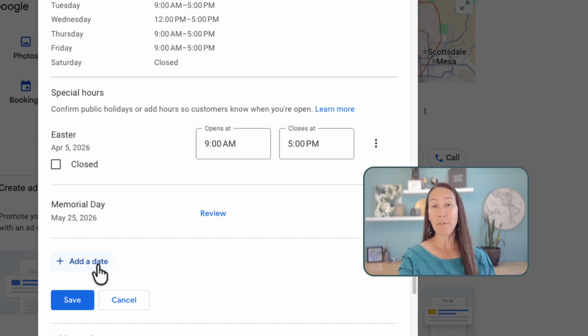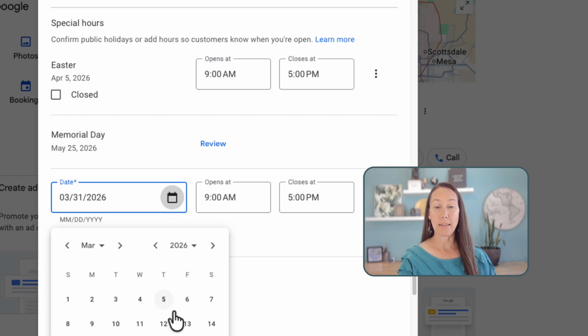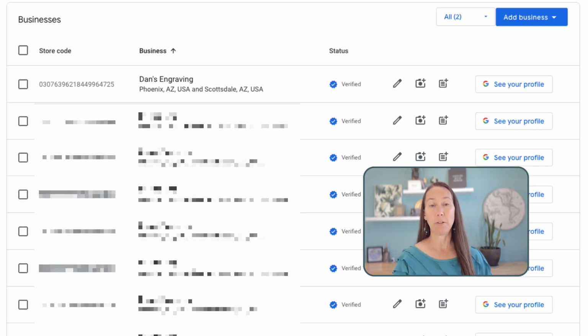Now, if you have a different day where your hours are going to vary, you will simply add a date. You can then select the upcoming date from the calendar, and you can set the open and close times there and simply select Save. Now, from the Google Business Profile Manager here, you will see a list of the businesses